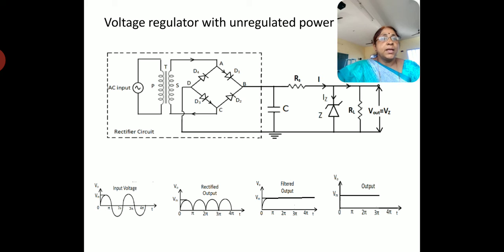And this voltage regulator circuit consists of a Zener diode, RS and RL. If you vary RL, the output voltage remains constant, and if the input voltage from the filter section varies, the output voltage still remains constant. Hence, in this way, it acts as the voltage regulator.